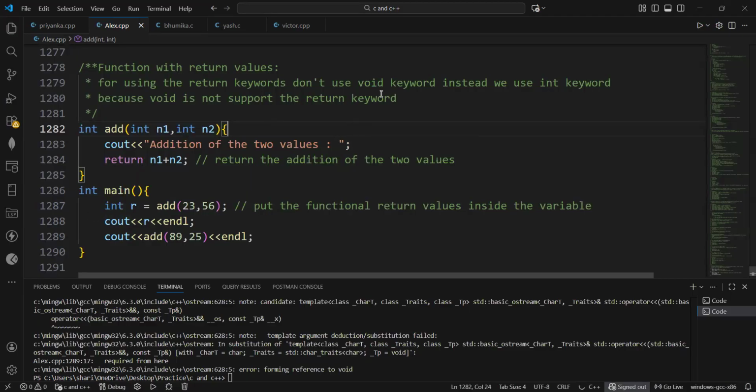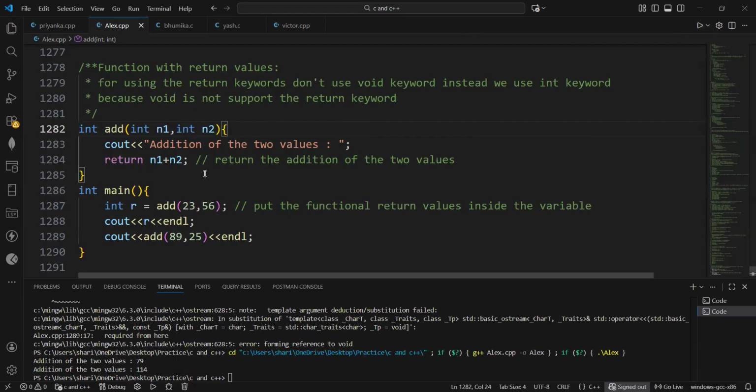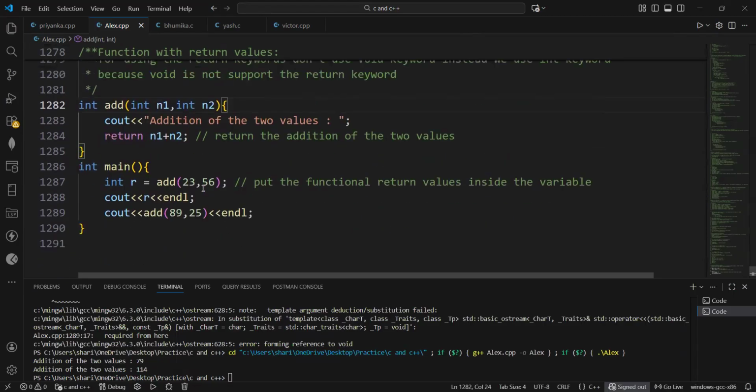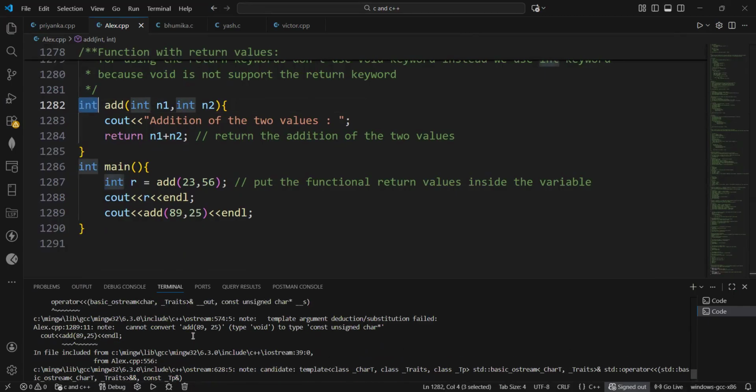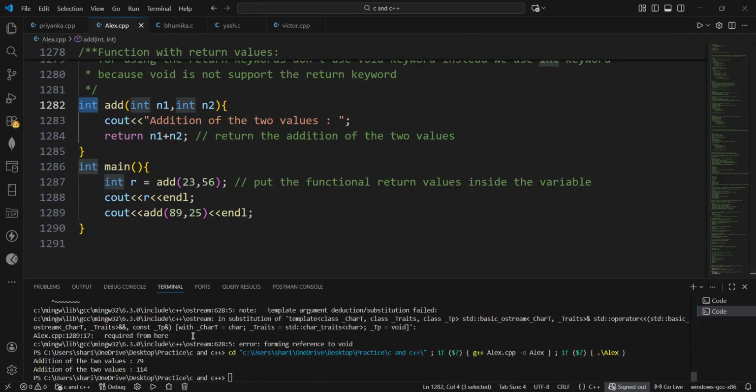Okay, int in the main. Same thing you can use here also. Let's say we didn't use return there, right? We didn't use return, and then we use void, then it would work, right? Yeah, you can use void too, then we got an error, this type of errors. No, no, no. If we remove the return and then add the void,